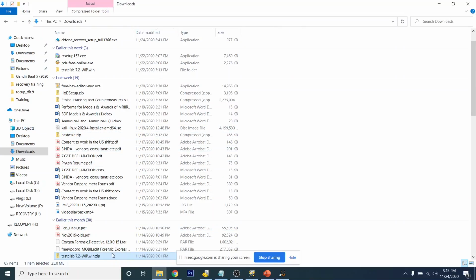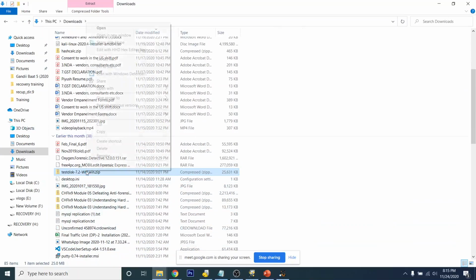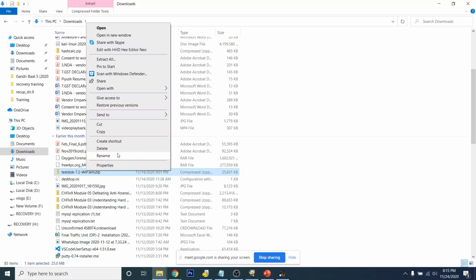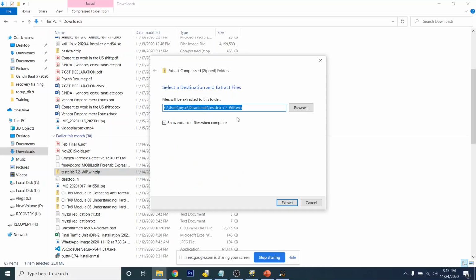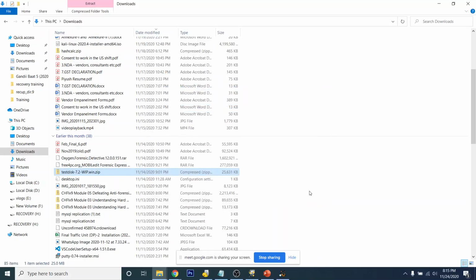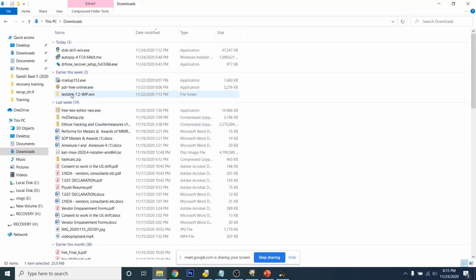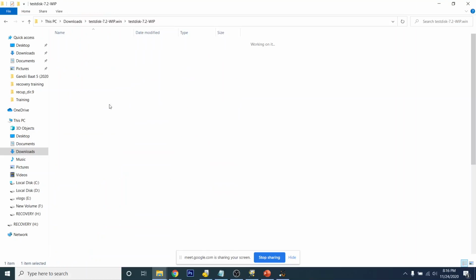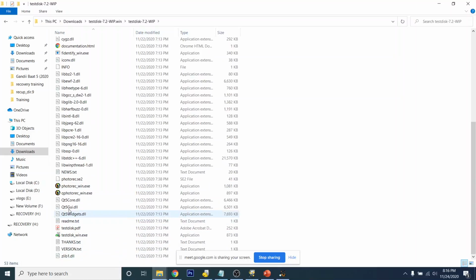So what you have to do is, firstly you have to extract it. I have told this thing 4 to 5 times because I know this thing happens with everyone. You have to click on extract all, then select a file path, then click on extract. After extracting, the folder will be outside. So now you just have to click on TestDisk and you can run whatever. PhotoRec is there and TestDisk is there.